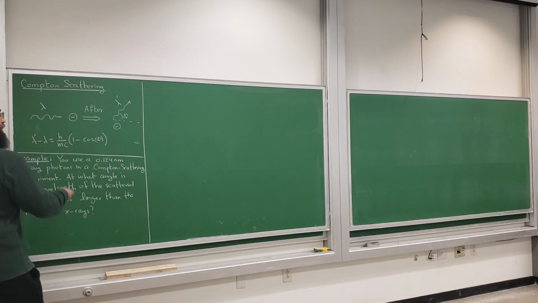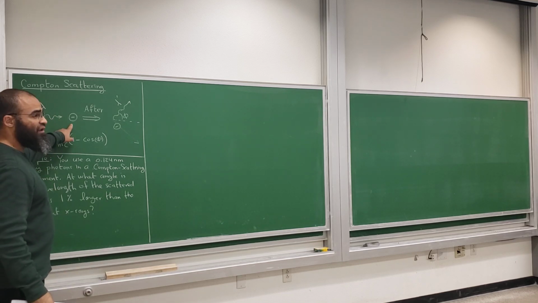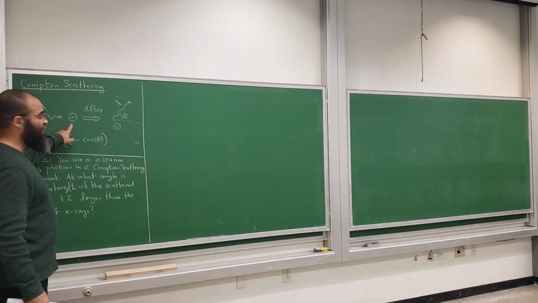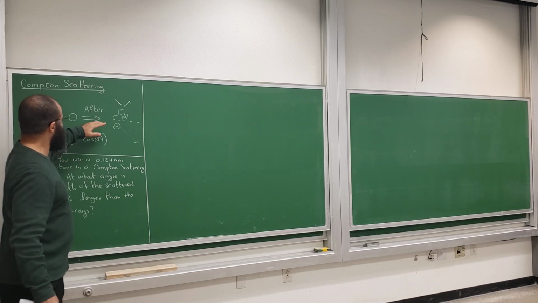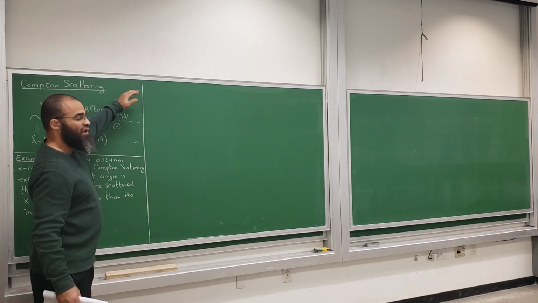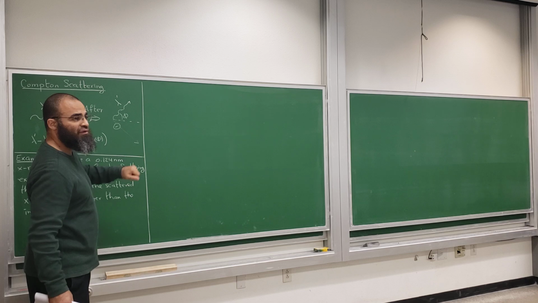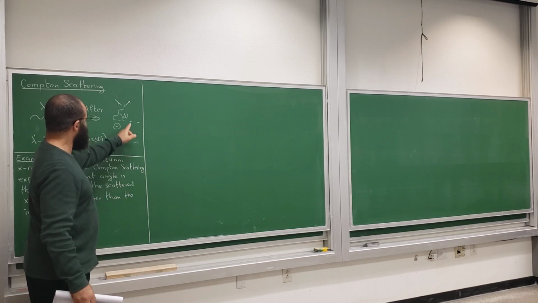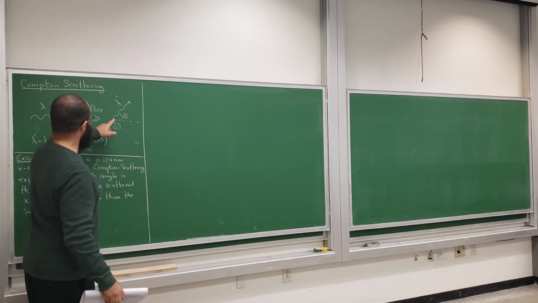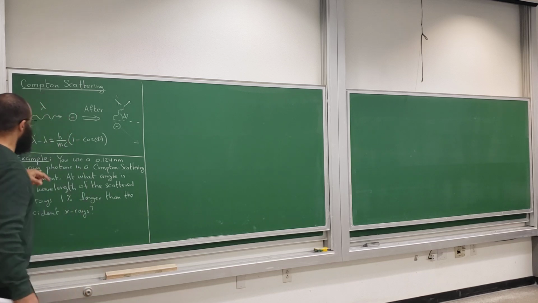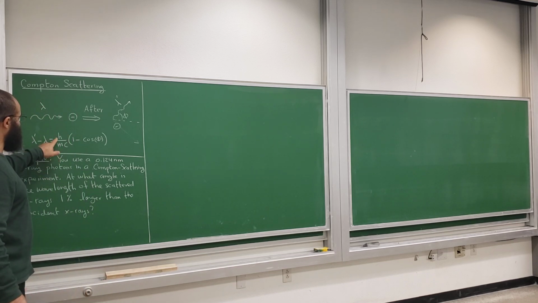So we have a photon here that is incident with some wavelength lambda. There is an electron that is not moving. They collide. The photon takes this direction and the electron takes this other direction. And the relationship between the wavelengths and this angle and the mass of the electron and this h here is